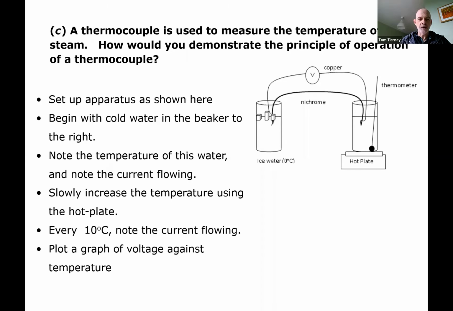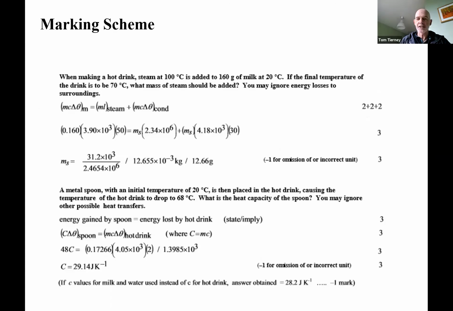Okay, so the marking scheme, just stressing what I've stressed all along, you get a lot of marks for any attempt. So the formula here picked you up 6 marks just for getting the formula right, 2 for each part of those. Similarly down here, getting the formula right got you another 3 marks down at the bottom. The very concept of energy lost equals energy gained got you 3 marks. So my point is,